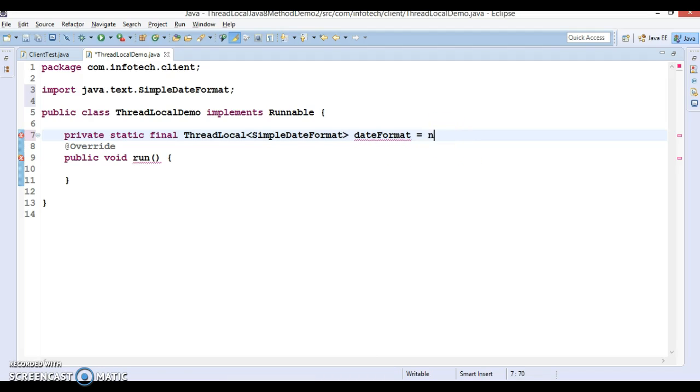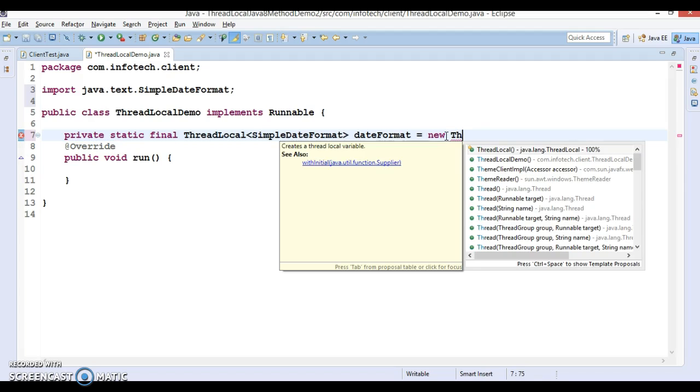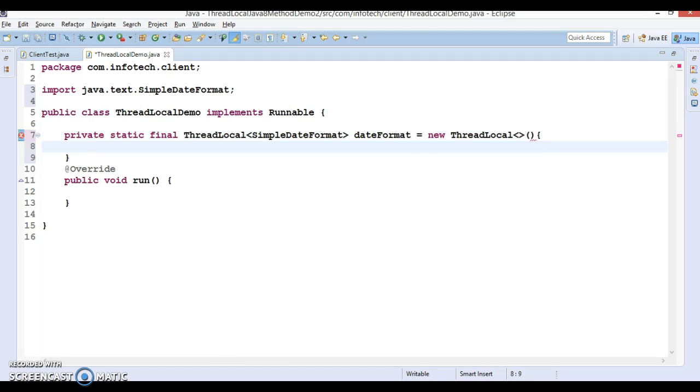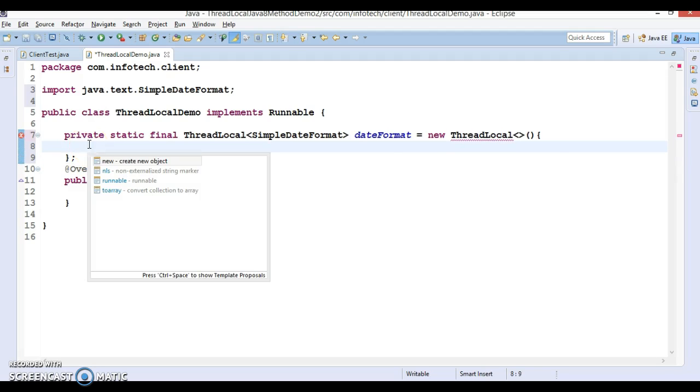Here I'm going to create a new thread local with generics, but instead of simply creating an object of thread local, I'm going to create an anonymous class of it.